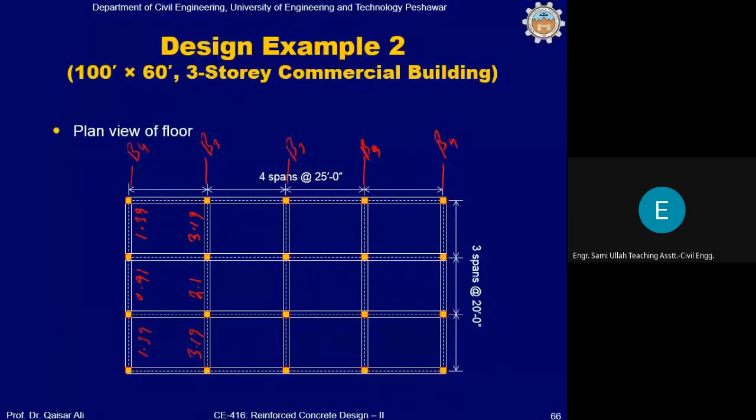You calculated the total load acting on B3 and B4. The other values are the same: 3.19, 2.1, 3.19, 3.19, 2.1, similarly 1.39,